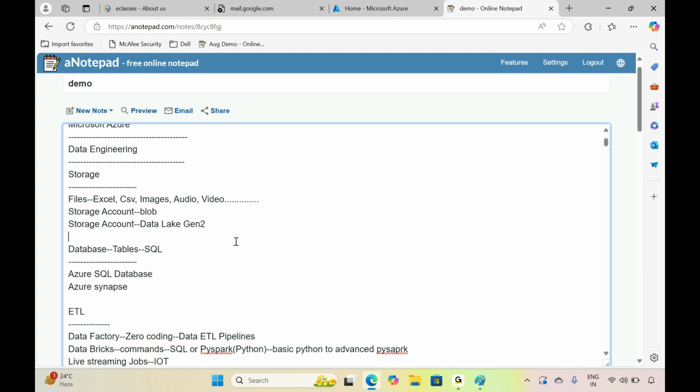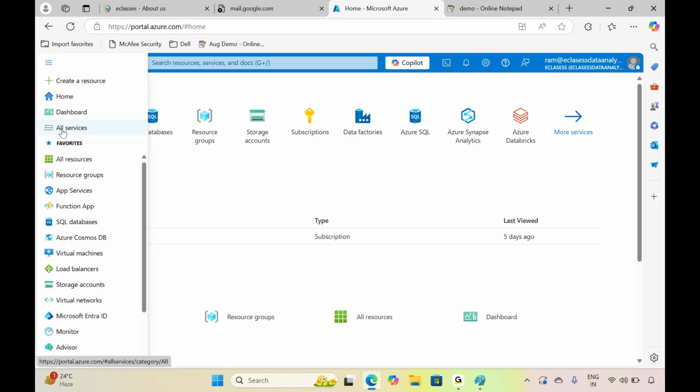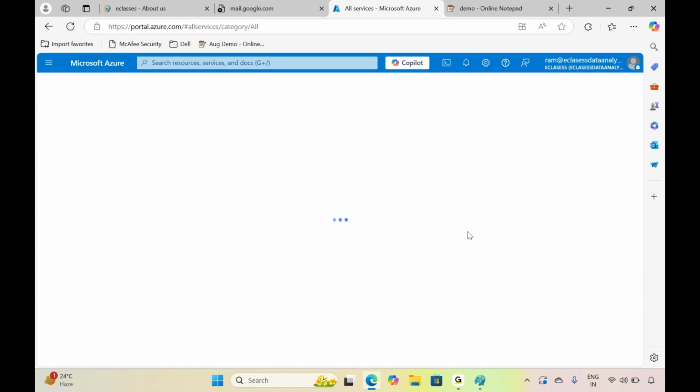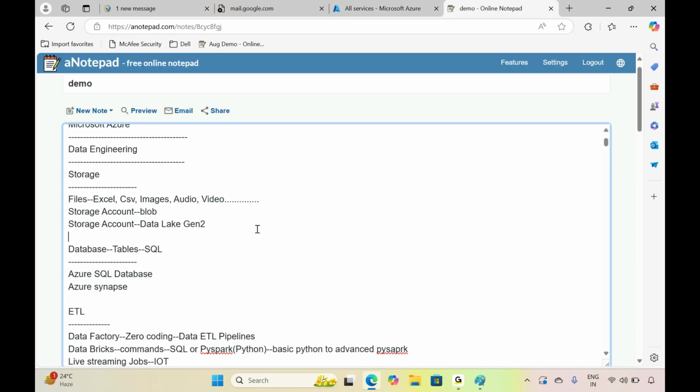This is called Microsoft Azure. Inside the Microsoft Azure portal, you can see all the software services available. By using these software services, you are going to develop data engineering related projects.